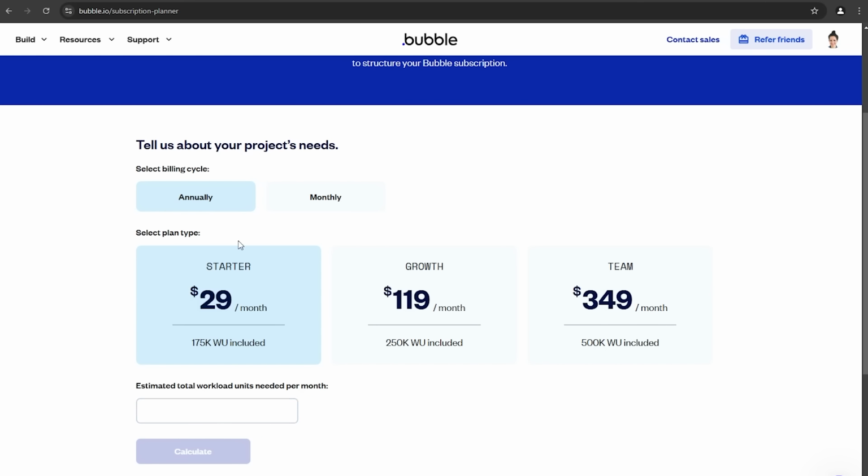Okay, so the first thing you'll want to do is choose your billing cycle, whichever you prefer. Just keep in mind that the annual option does give you a little bit of a discount compared to monthly. I am going to go ahead and select monthly here for this demo though. Then you'll want to choose the plan that you want your app to be on. Now, I will say that most new applications will be just fine on the starter plan, but keep in mind